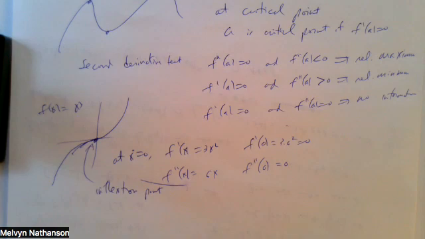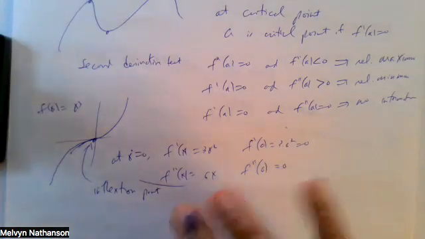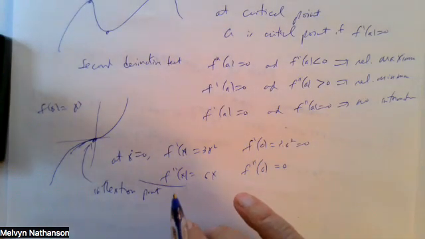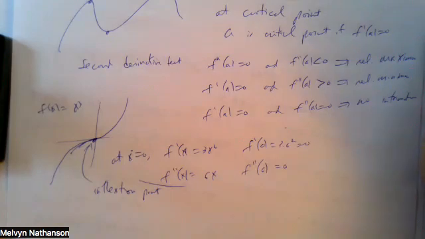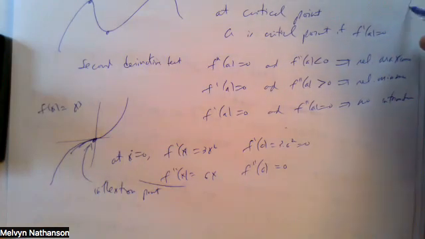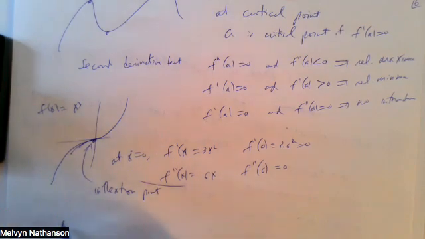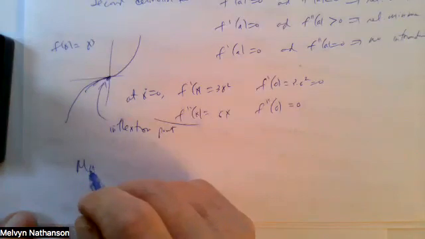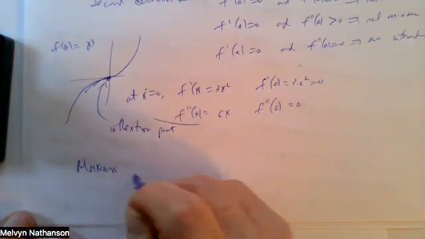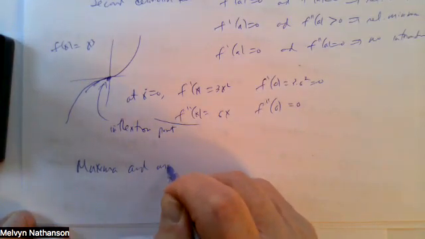But that only distinguishes between maxima and minima where the second derivative is non-zero. Right? So that is what you learned in first semester calculus. And we want to do something analogous for surfaces. We want to study maxima and minima